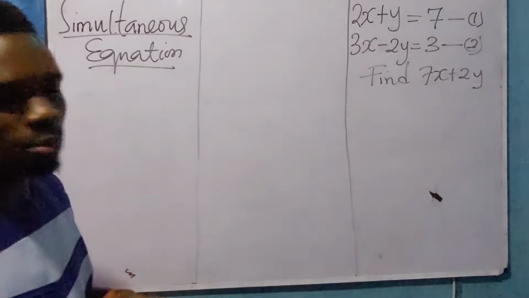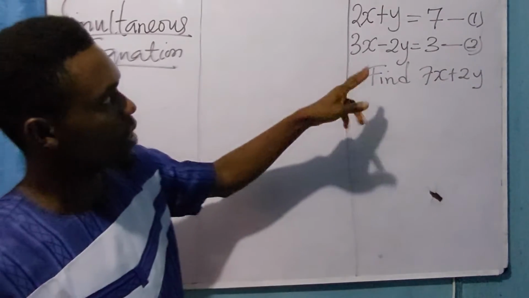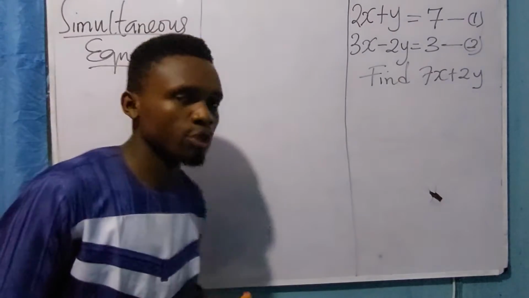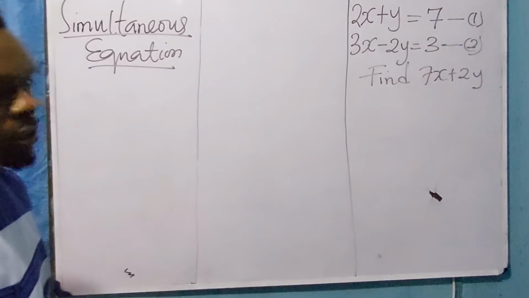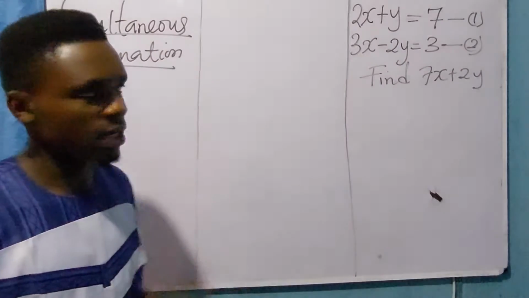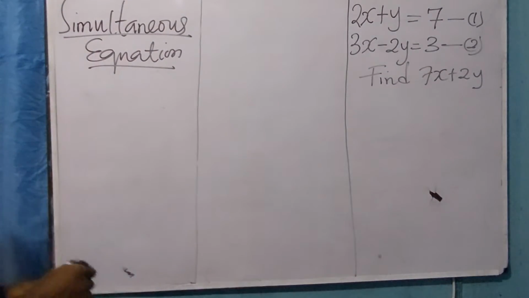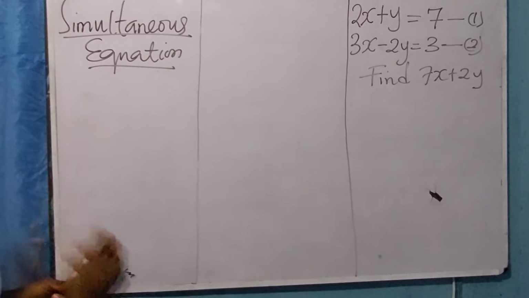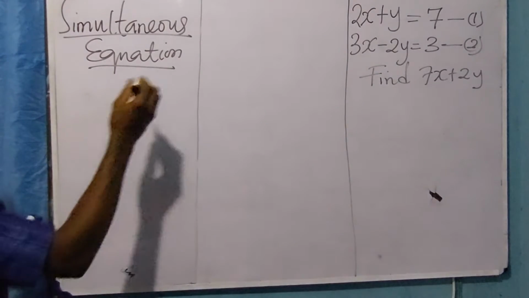Now, we have a question on the board already. 2x plus y equals 7 and 3x minus 2y equals 3, equations 1 and 2 respectively. So we have to find 7x plus 2y. The first thing you do whenever you see a question like this in simultaneous equations is what we call quoting. You quote, you say from equation 1,